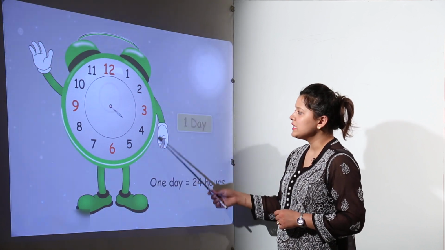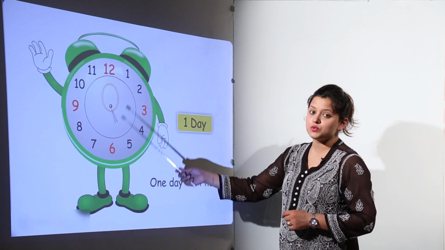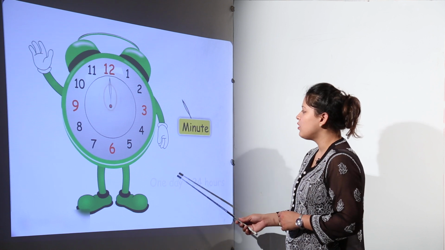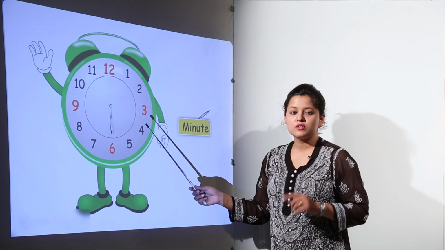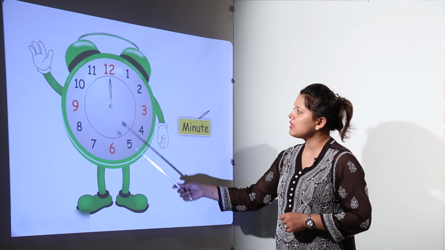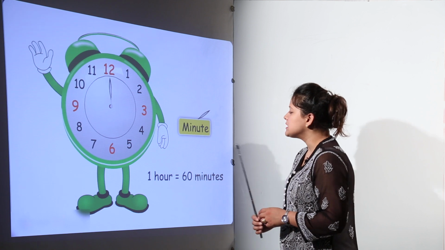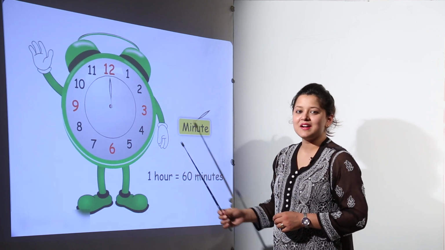If it takes a complete turn, its 2 turns would make one complete day, or we call it 24 hours. The minute hand moves in 1 minute. That means if it takes one complete round, that would make 1 complete hour, and 1 complete hour has